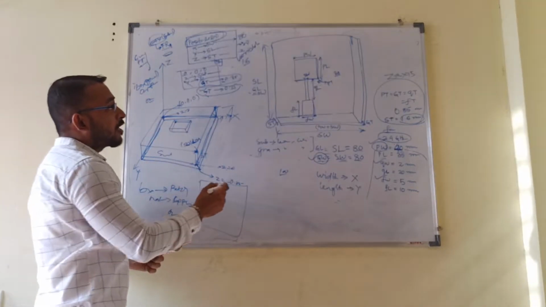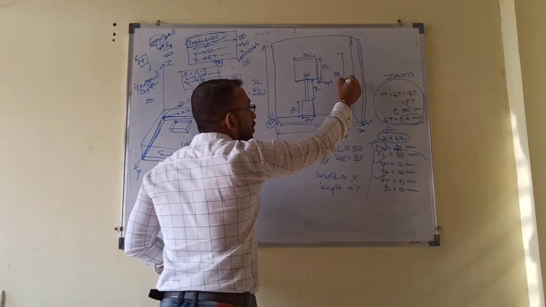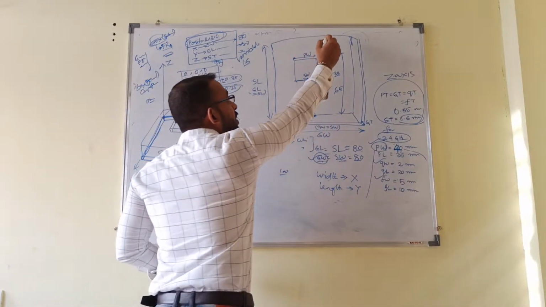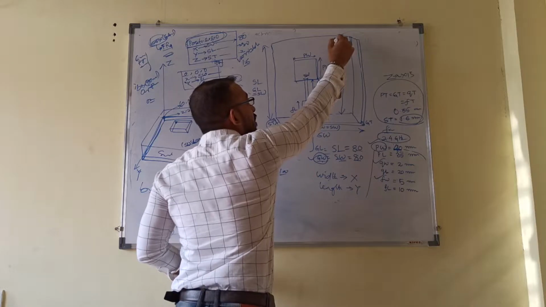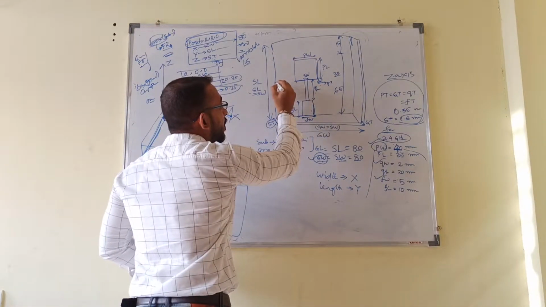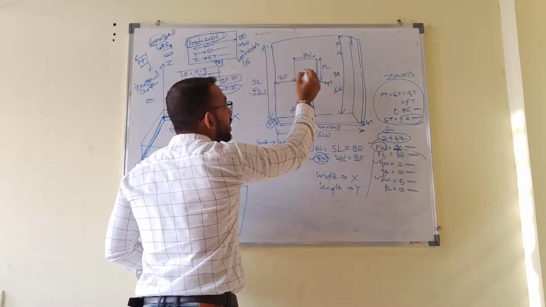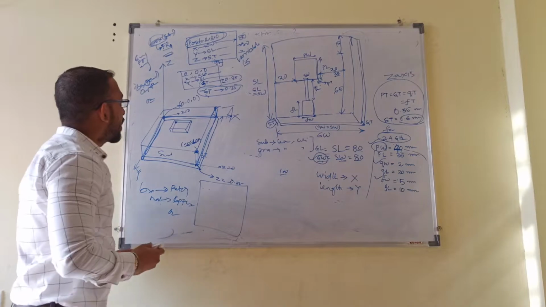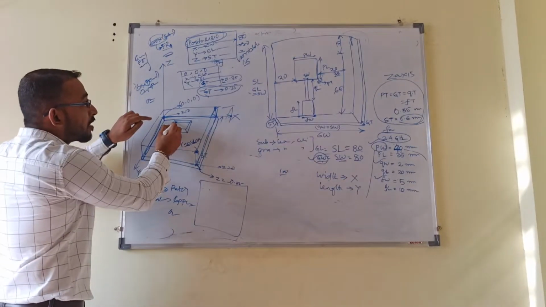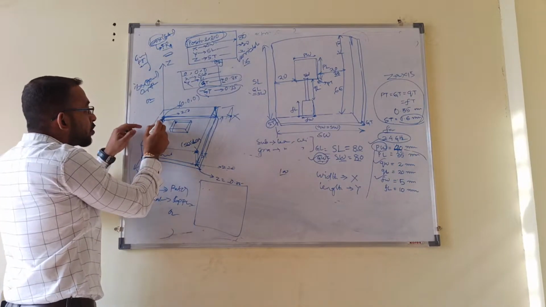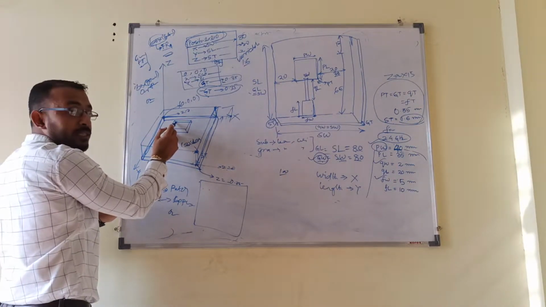I already told you, from here to here this length is 65. Yes or no? How much distance is this one? 50. This value is 40 and I have taken 80. It means this is 20 and this is 20. Yes or no? Now tell me, to reach this point from this origin.